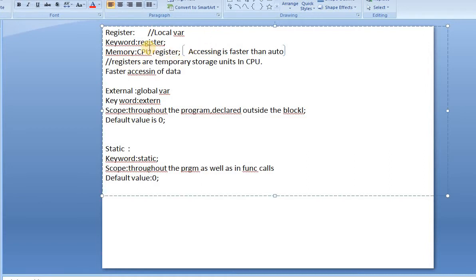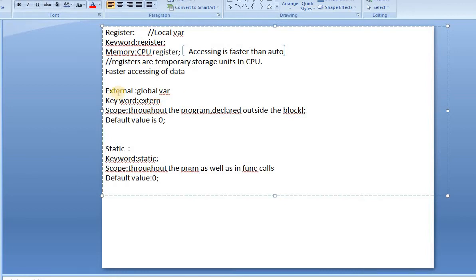So if we use the register storage class, the accessing is faster. These CPU registers are temporary storage units in the CPU. As I told you, faster accessing of data is the main advantage of the register storage class.